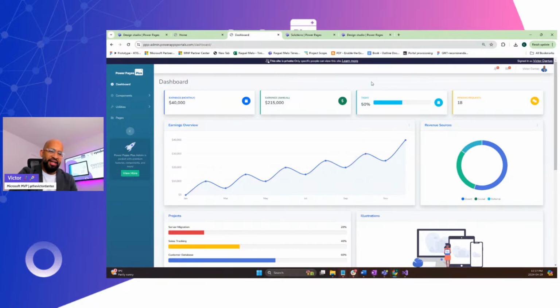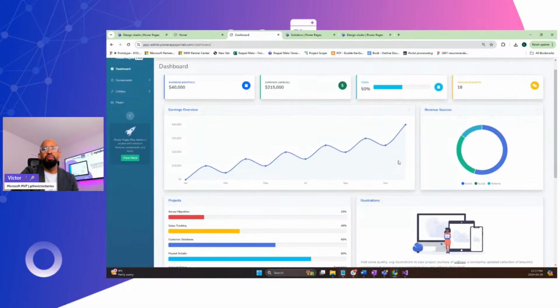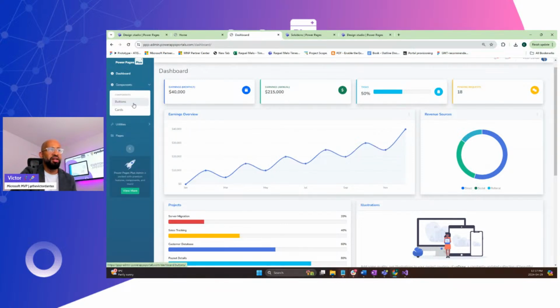Let me look at my list here. And then finally, the template's wired using Bootstrap 5.2. So any components that you have available in Bootstrap will be available for you to use here. So we added some examples just to serve as a starting point as you build your pages,